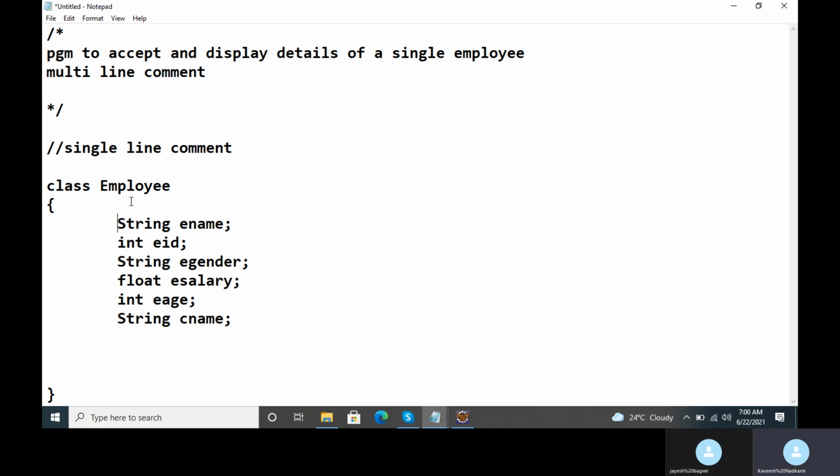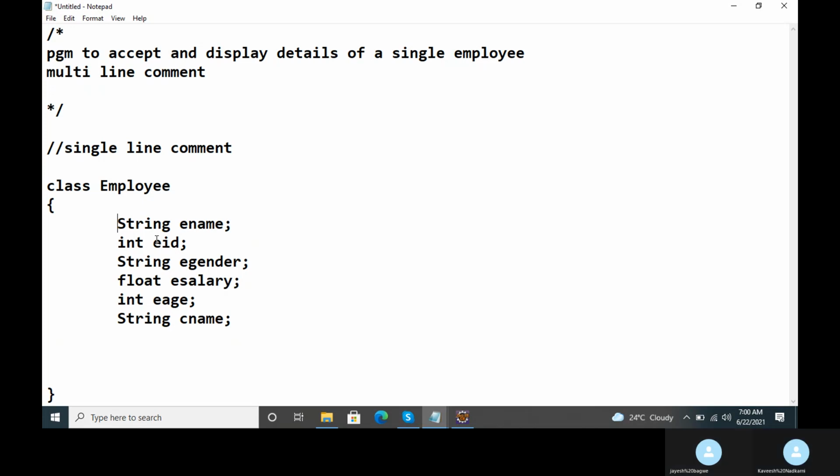This means that whenever I create a new object of class employee, there will be a separate copy created for each of these non-static data members for that object. Clear, Jayesh?